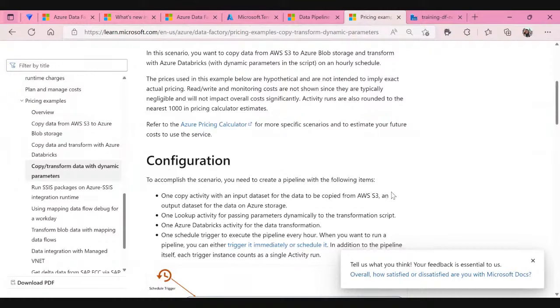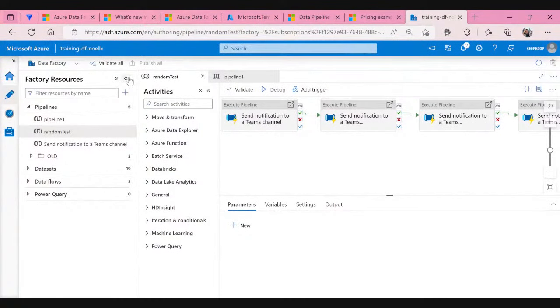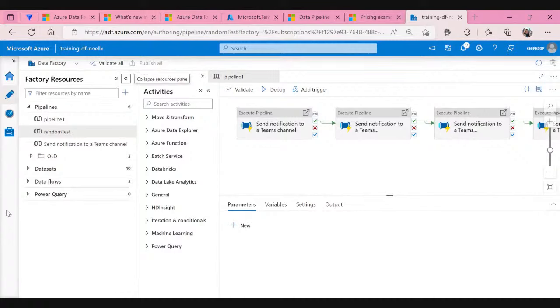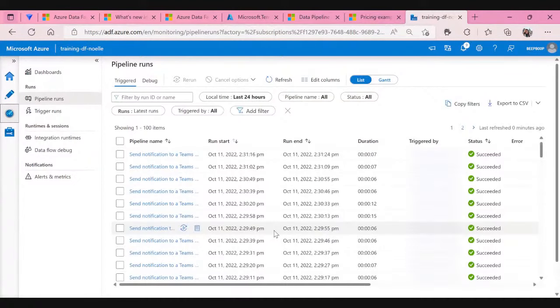All right, cool. Then with that, let us go and do some demos. So what I was going to show you are some of our monitoring updates. I've been running a bunch of pipelines so that you can see different things in the monitoring tab. So let's go to the monitoring tab. As you can see, I've got a bunch of